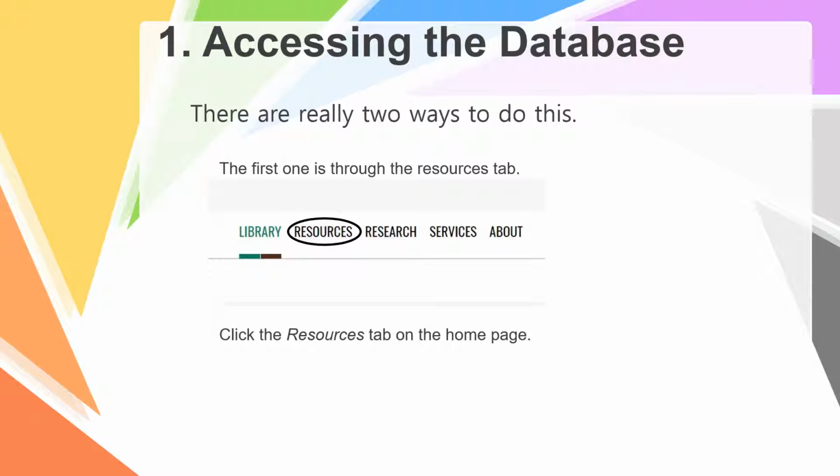The first step for us is to access the database. So there are really two ways that you are going to be able to do this. The first way is going to be on the library homepage. On the library homepage, one of the links you are going to see is a link for resources. So you're going to click on the resources tab on the home page,